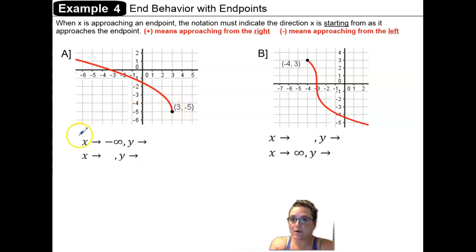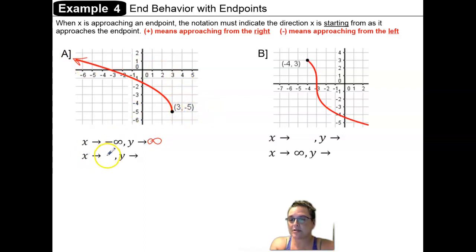And just like before in our earlier examples, we're going to start by going to the left. So as x approaches -infinity, that means we're heading to the left side of the graph. We want to look at where the y is going, and the y is headed up to positive infinity. But now when we go to look at the right side of the graph, if we were to say